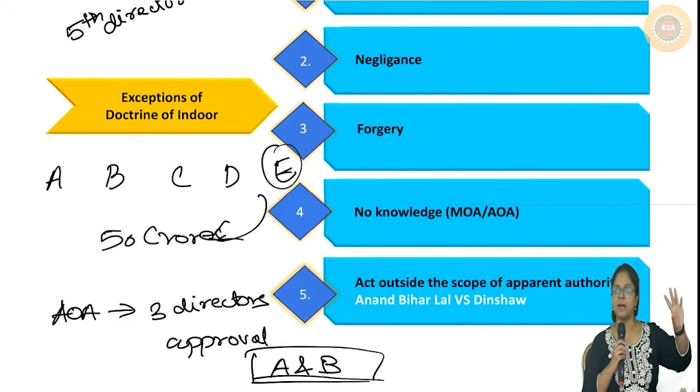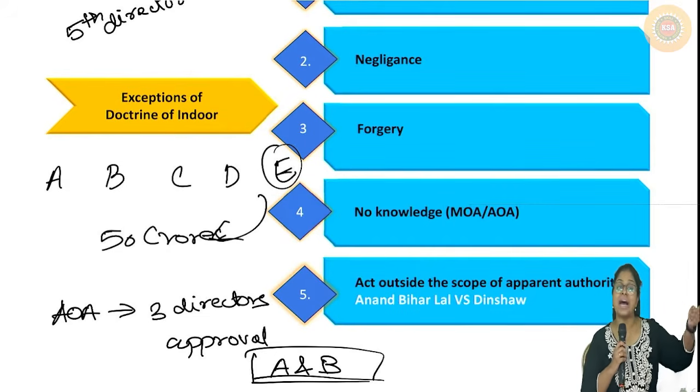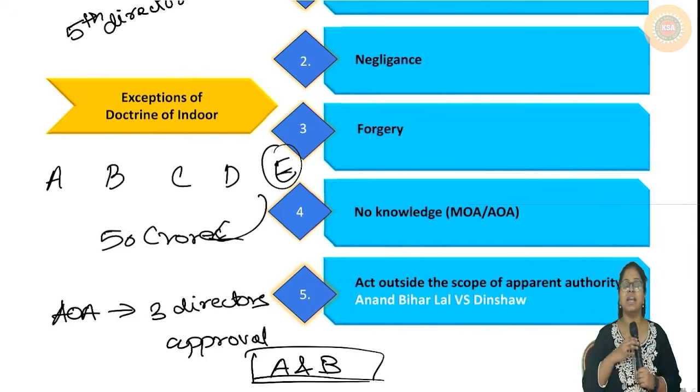Check whether the MOA says the loan can be taken, and you just read the procedure in the AOA, and you can assume that the procedure would have been followed. So as per indoor management, can E say, I don't know anything about this, it is the company's problem, the MOA says a loan can be given and taken, I have given the loan, it is no more my problem? Yes, ideally they can say, but the exception says that,